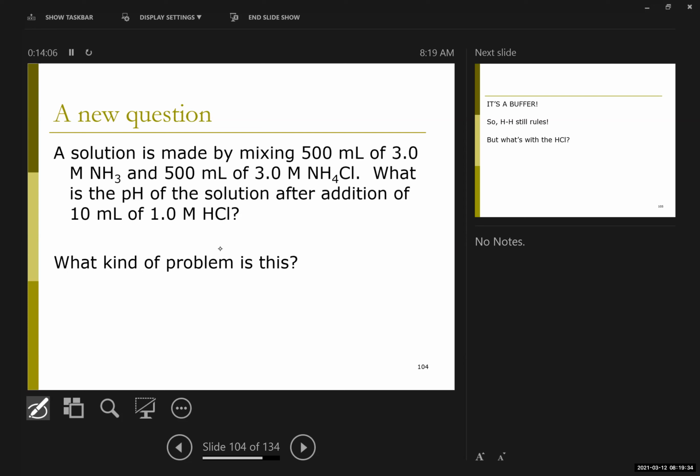And so as soon as I add anything else, the equilibria shift in response to whatever I've added to find my new equilibrium position. And so it's not a case of really a sequential mixing. I can only solve the equilibrium here once everything's in the beaker,